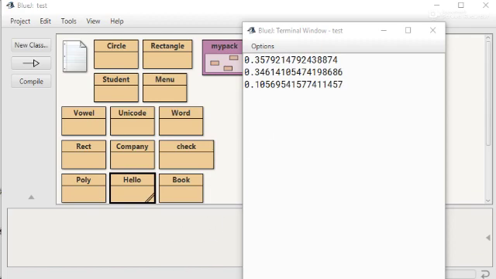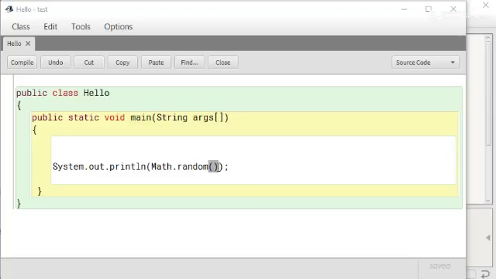Now suppose you want to use this method as a dice, like you use in Ludo. You can apply this as multiply with 6, times 6, because 6 is the range, and when we multiply with 6 we have to add plus 1.